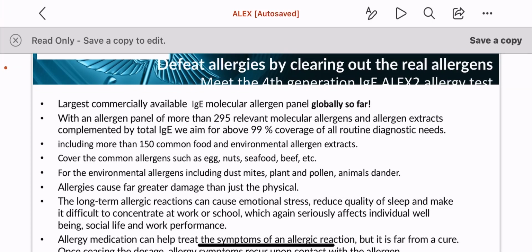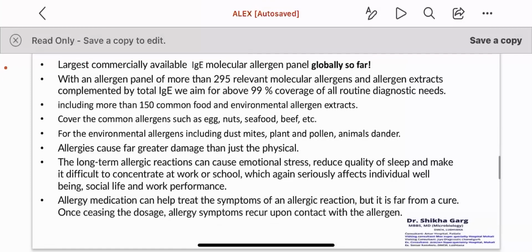So it can specify the total IgE and also the specific IgE with all the common allergens. That is, for all the 300 allergens, there would be specific IgE levels and of course the total IgE levels. So it includes more than 150 common food and environmental allergens. For example, eggs, nuts, seafood, beef, etc. For the environmental allergens, dust mites, plant pollen, animal danders, etc. Could be pet animals, could be your